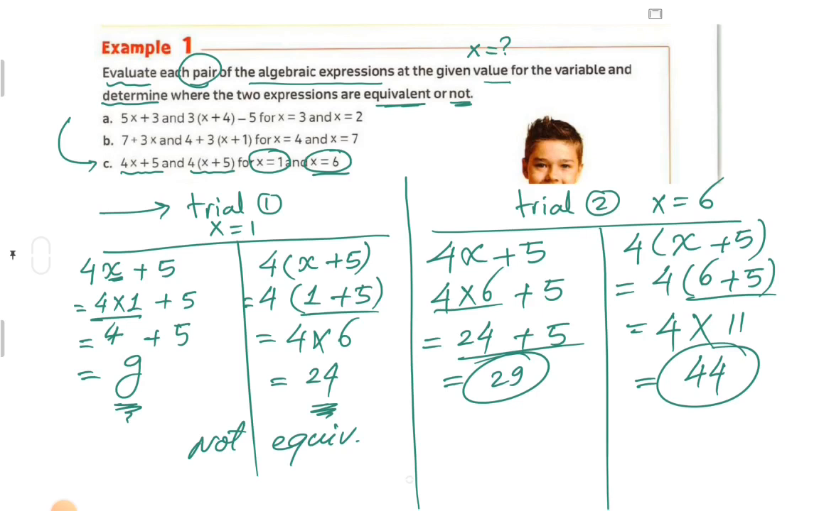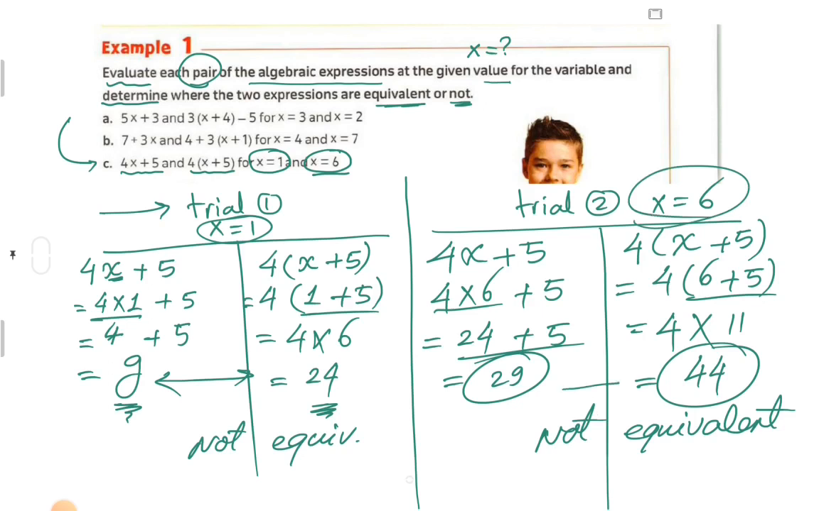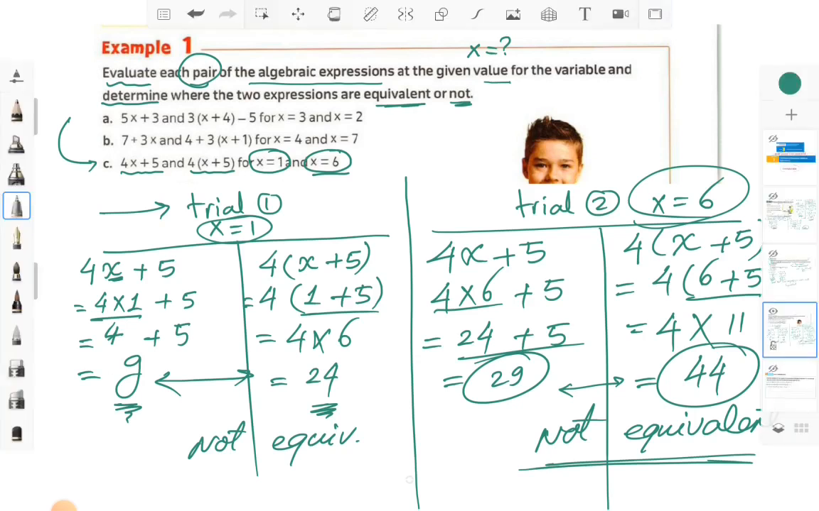Now we can decide that these two expressions are not equivalent to each other, because when I substitute x equal 1, the result is different. Okay, when I substitute x equal 6, different result, so it's not an equivalent expression. Let's go to check